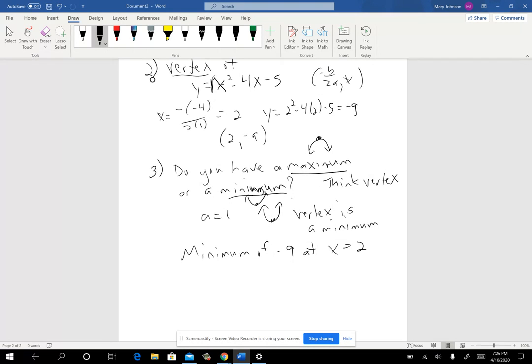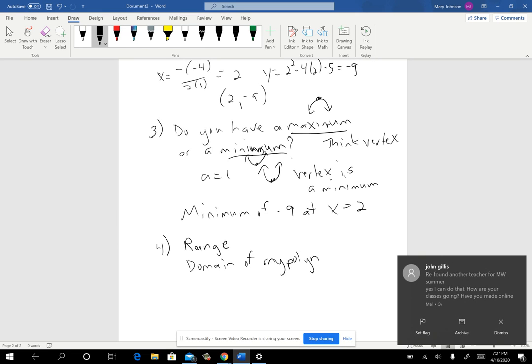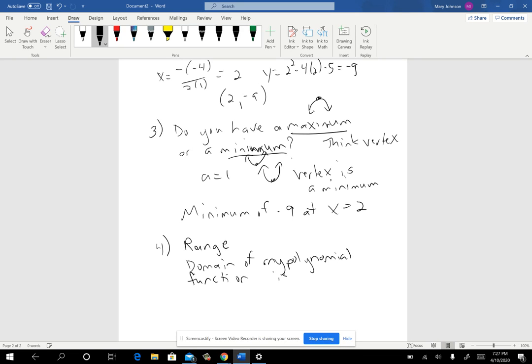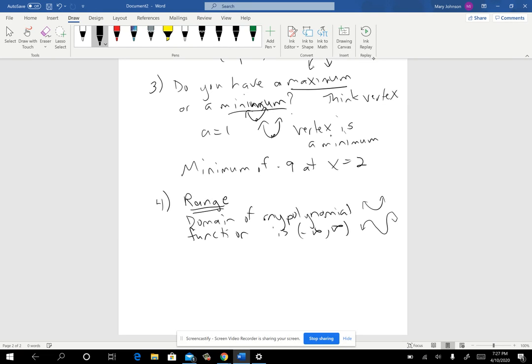Okay. Right. And then there's one more thing that a vertex helps you with, and that is determining the range of a quadratic function. Now, the domain of any polynomial function is going to be negative to positive infinity. Polynomials are just, like parabolas, or they might have all of that, but they're nice continuous functions and there's no gaps or places where it stops. So the domain's not very interesting on a polynomial, but they really a lot of times ask you for the